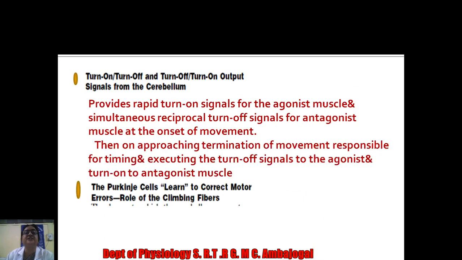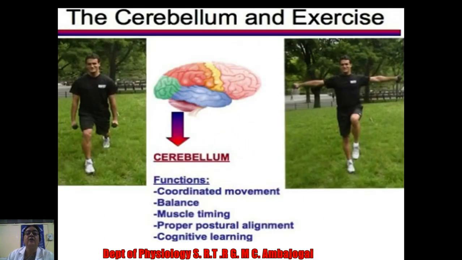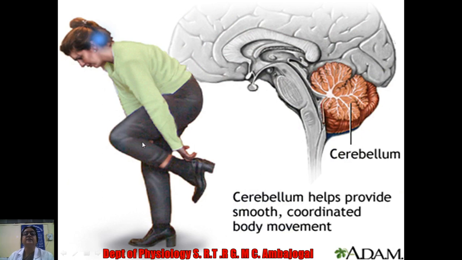Now the next function is shown here with this image. These are only for understanding, so I have taken this image. The cerebellum mainly has a role in the fast, frequently ongoing movements, that is coordinated movement, balance, timing, proper alignment, and cognitive learning. So this is also an example of how the cerebellum helps to carry out the smooth coordination of all that